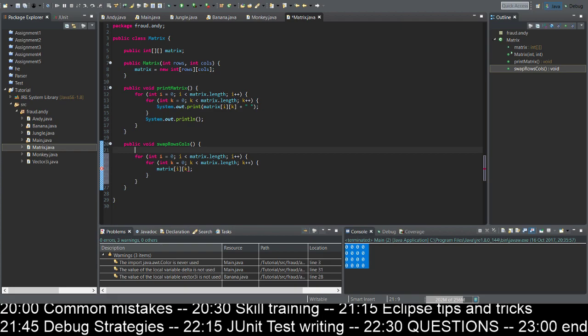So, matrix integer array thing. M new matrix equals new ints, and it has to be the same size. So matrix.length and matrix.length, or matrix 0 length, and this is really bad code, but just